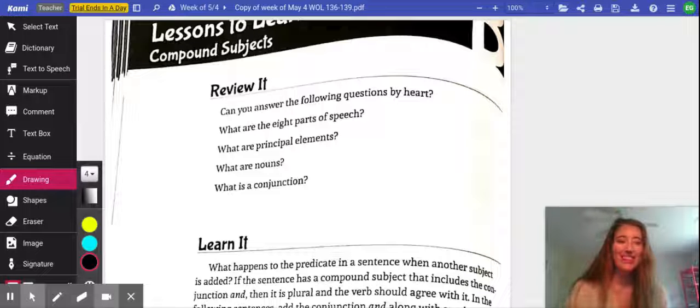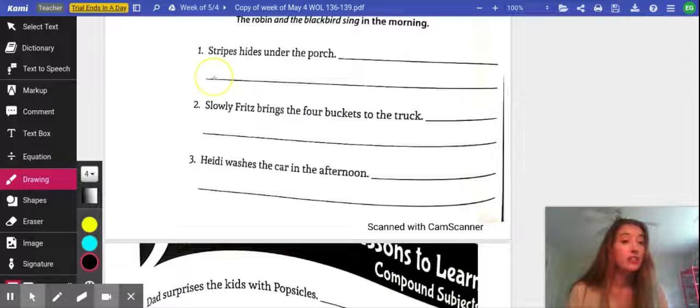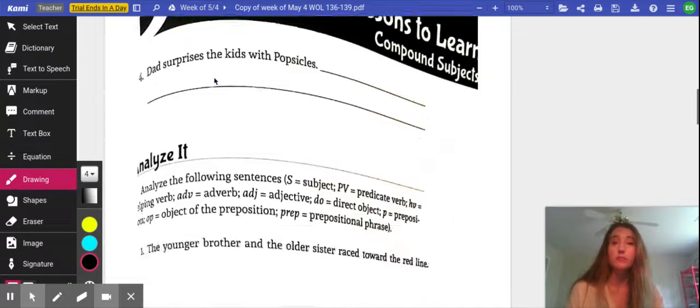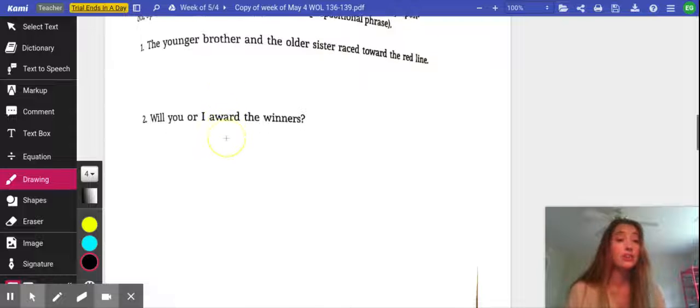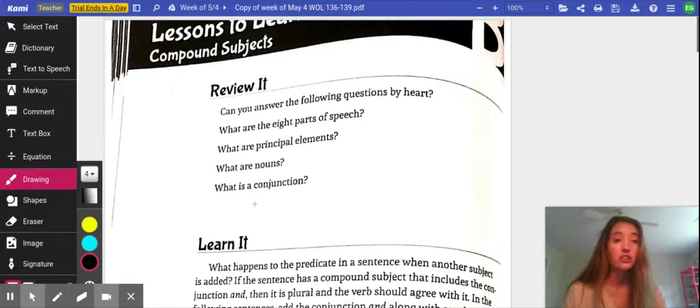Hello. We're going to do a little well-ordered language today. This is starting on page 136 of your workbooks. So I'd love for you to do it along with me as we go over some review of some of the jingles that we've done so far, talking about also compound subjects and how that changes the predicate verb that goes with them in sentences, and reviewing some analysis with compound subjects, and some of it you'll be doing on your own. But let's get started as we review some of the jingles that we've learned so far,